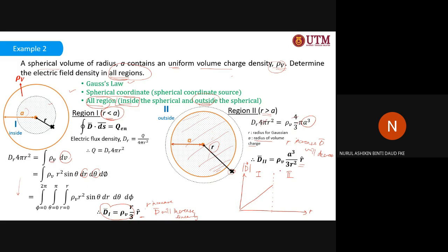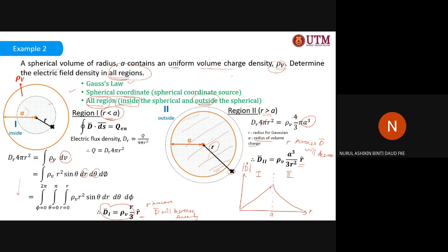However, if it is located outside the shape, it will decay. So if you are plotting a graph, a will be the limit, the radius of the sphere will be the limit